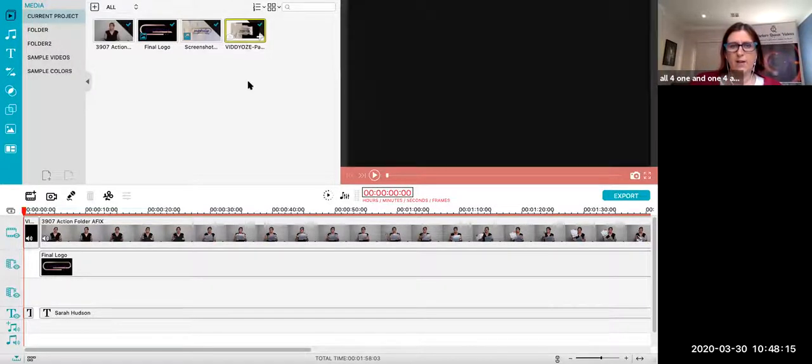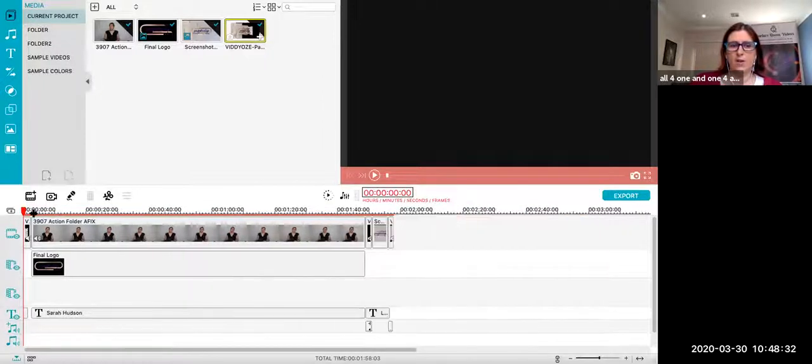So I just delete that one, and that gets rid of that video out of this project. Basically, it doesn't delete it from your computer or anything like that. So now I've just got my 4 ticks of my 4 assets that are in this project. So now I'm just going to go